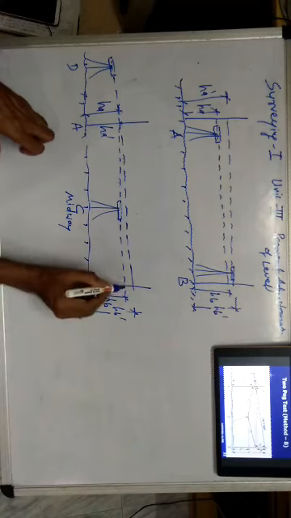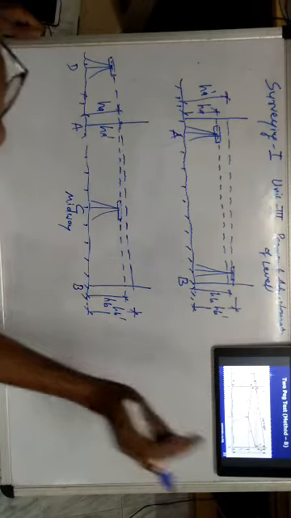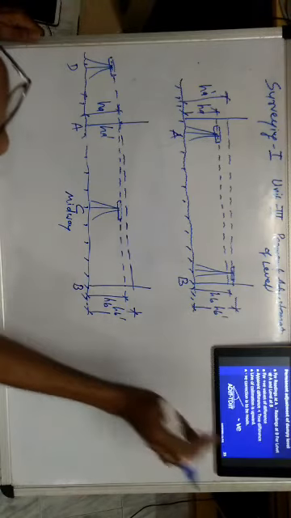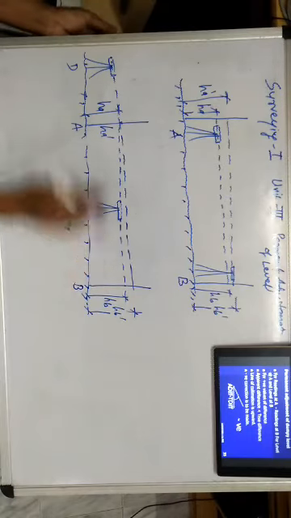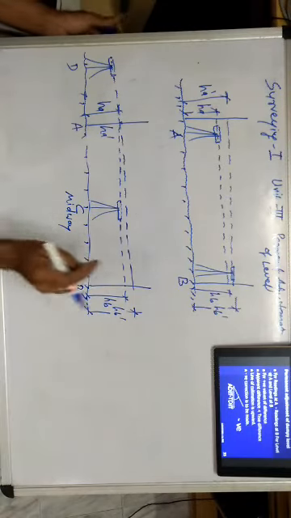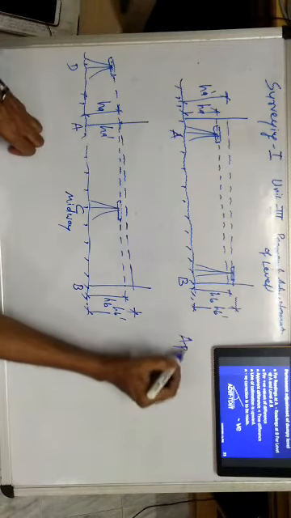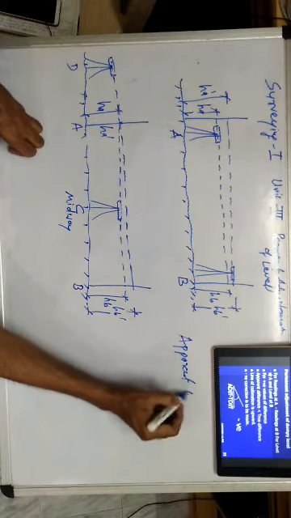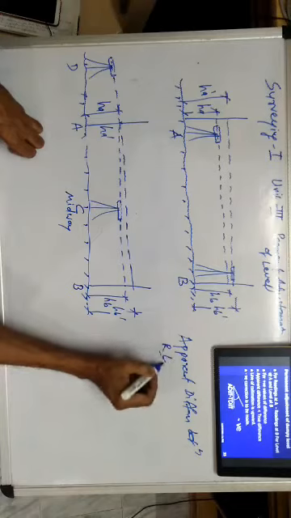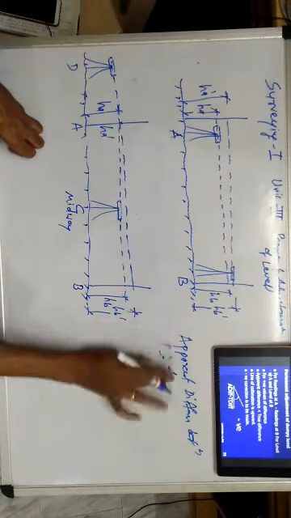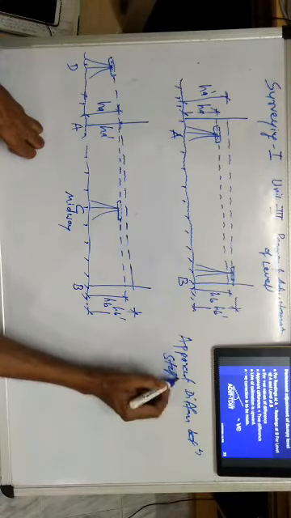So this way the permanent adjustment of the level is checked, that line of collimation is exactly horizontal or not. Actually that is the third permanent adjustment of the level. So by solving the problem we can ascertain mathematically whether the line of collimation is exactly horizontal or not. For this purpose, what we have to do is first find out the apparent difference between the staff readings.